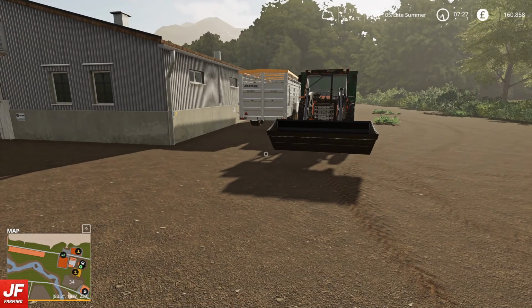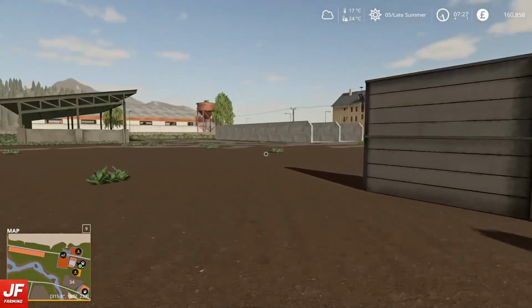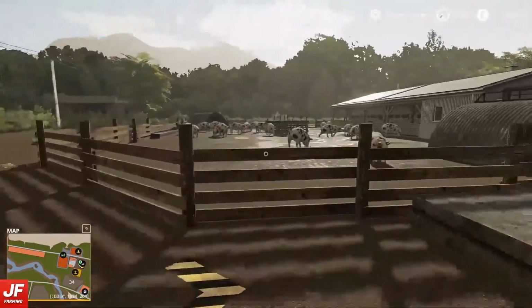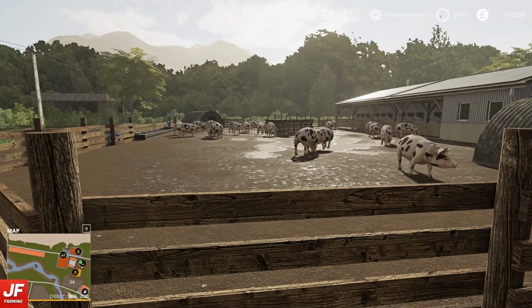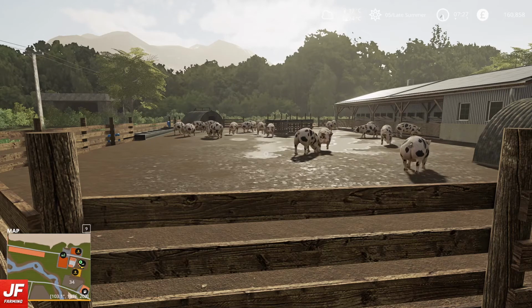Now, it is 7:30 in the morning, and I have got something wonderful to show you. So, if we come around here, pigs, yeah, they look alright. However, yesterday, I didn't notice, but we'd had some pigs breed, and overnight we've had some more pigs breed, so